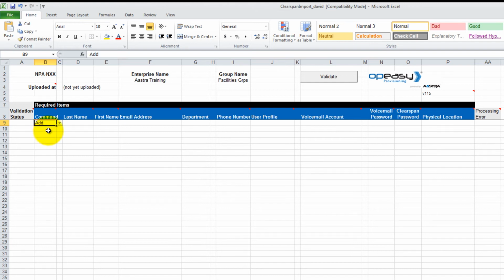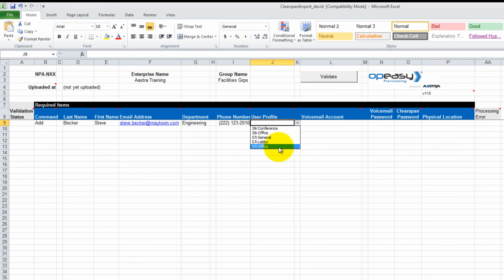Command, add, last name, Becker, first name, Steve, email address, steve.becker@maytown.com, department, engineering, phone number, 222-123-2010, user profile,